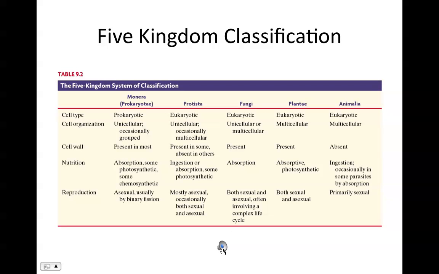This table on this slide gives you even greater detail about differences within the five different kingdoms and when comparing between the five different kingdoms. Notice that the kingdom Monera has all the prokaryotic celled organisms, and then the other four kingdoms, Protista, Fungi, Plantae, and Animalia, have eukaryotic celled organisms. Then if you look at cell organization and other kinds of requirements, you can further define or detail which kingdom an organism might be classified in.